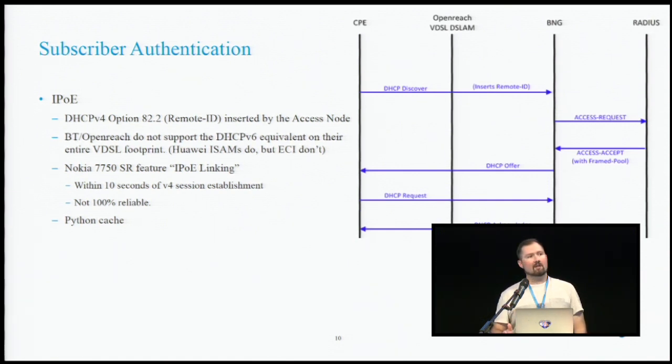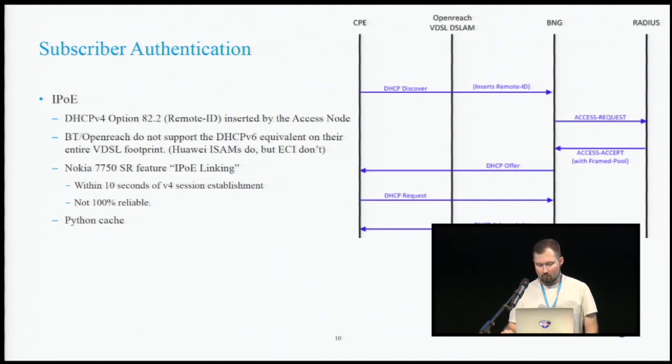So thankfully the Nokia SR has a nice little feature called IPoE linking, which will take the v6 solicit within a few seconds of the v4 discover, and it kind of knows who it's coming from, and it's pre-authenticated already, so we don't have to worry about that. The problem is that you can't guarantee that that v6 solicit's going to come in within those few seconds. It may get out of sync or do whatever, so we need another way of authenticating these v6 triggered